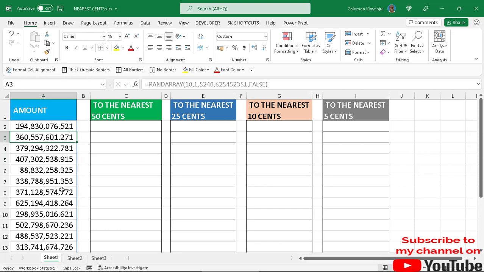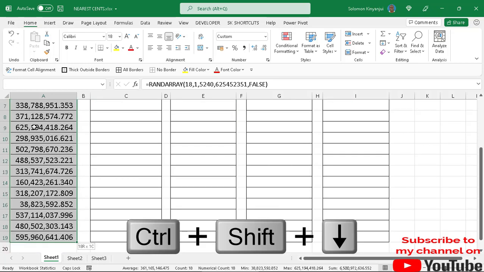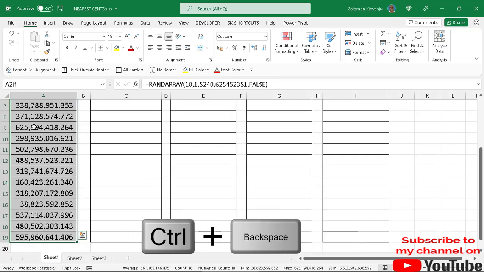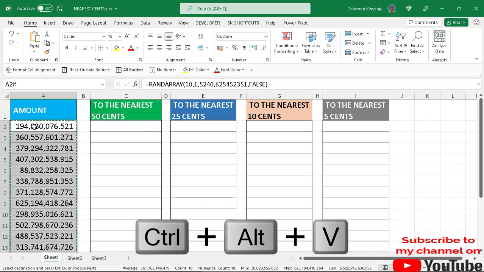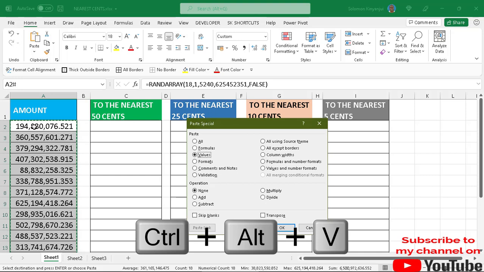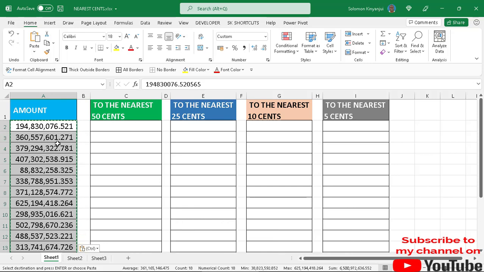to various decimal places. So then let me remove the round array formula. So you select here the second row, then Control Shift down arrow, then Control backspace to go up, copy, then Control Alt V, then select values, then click OK. So now the formula goes,